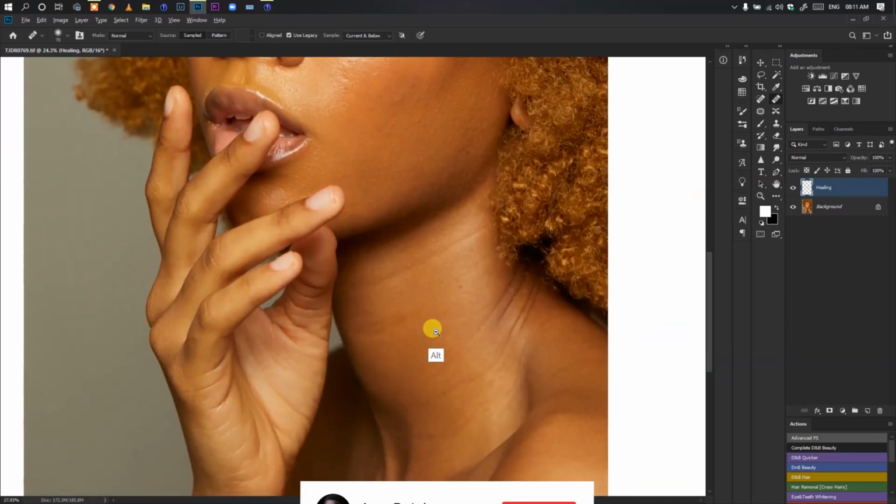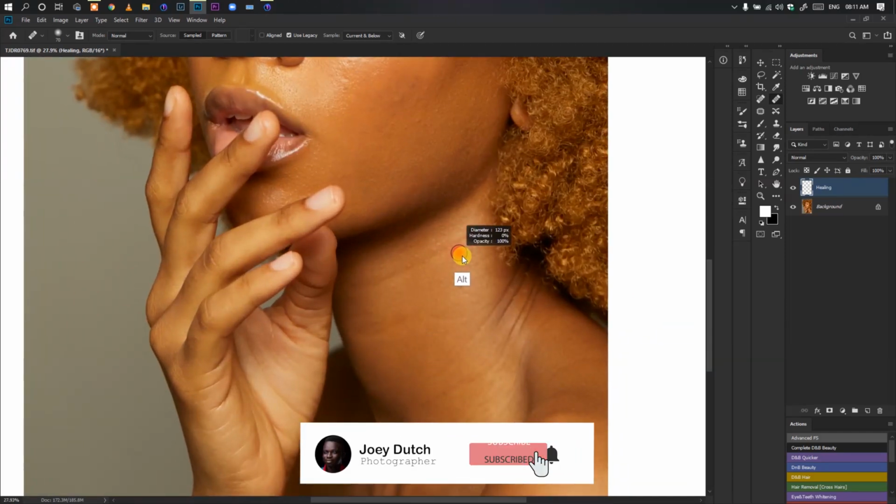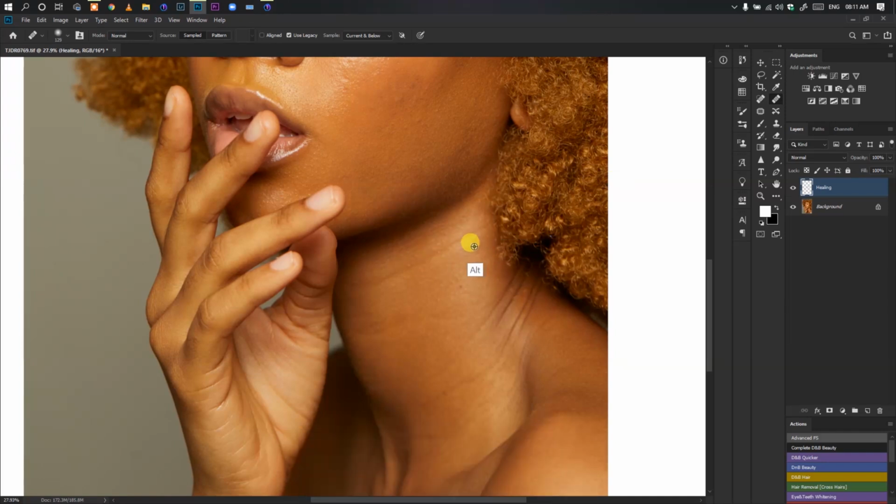So to the test of the day, looking at this, let's sample this and clean. Let's see how best it cleans the neck. Oh wow. Well, there you have it. So depending on whichever